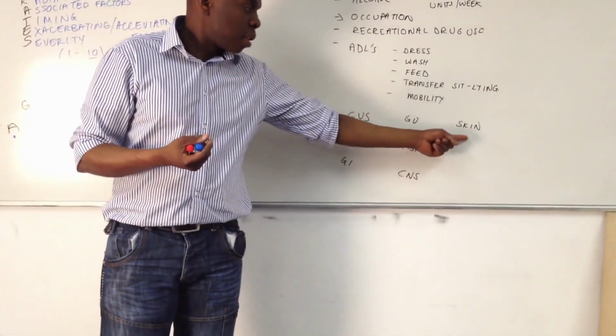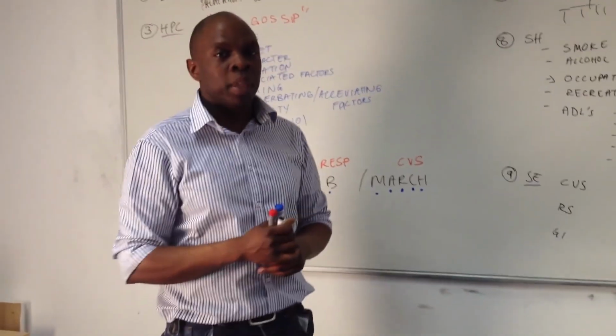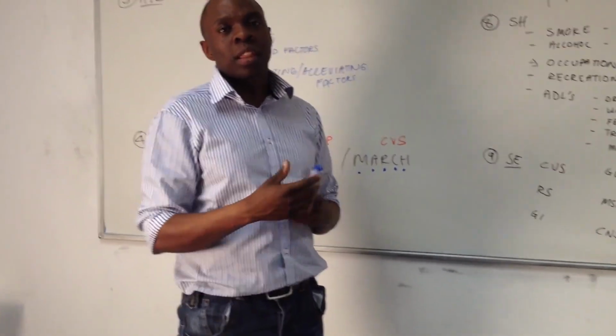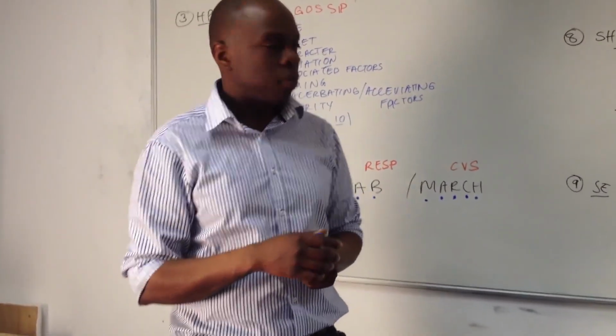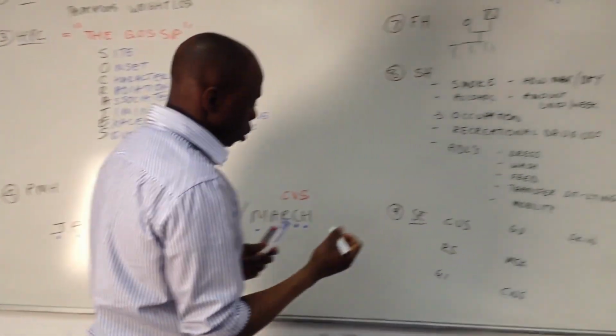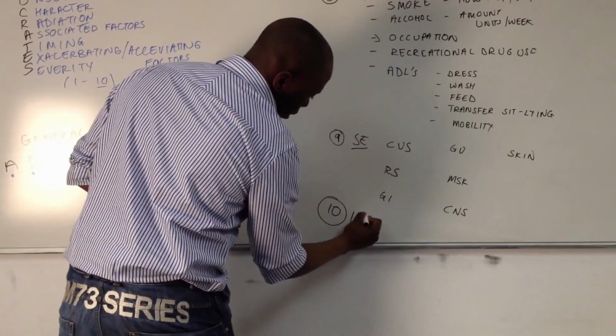And then the last section is skin. Remember, skin, that biggest organ in your body. Any rashes, any ulcers, any lumps or bumps that you've noticed recently. So that's number 9. And then we finish here on number 10. And number 10,